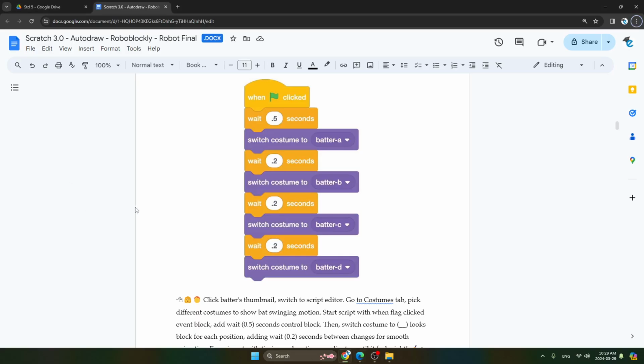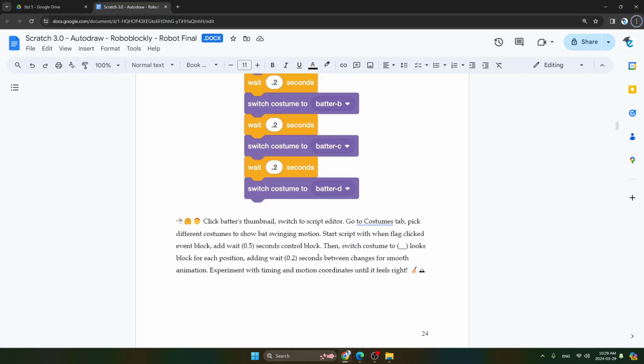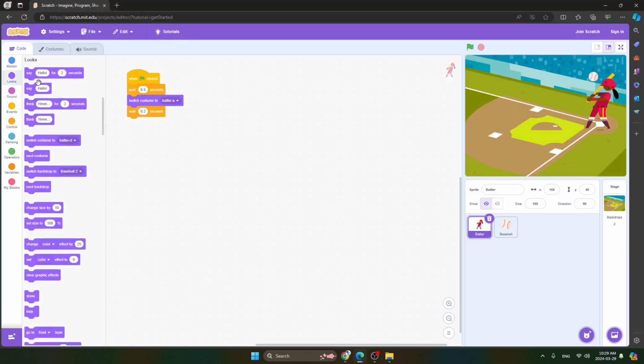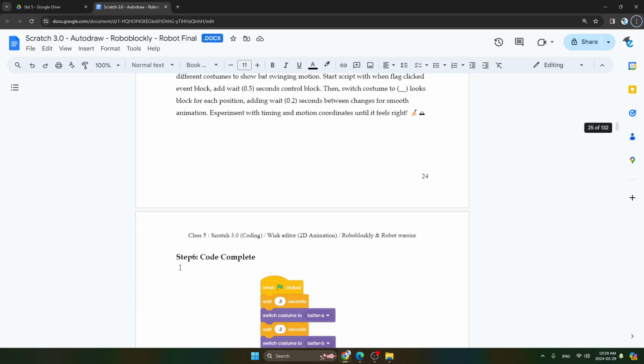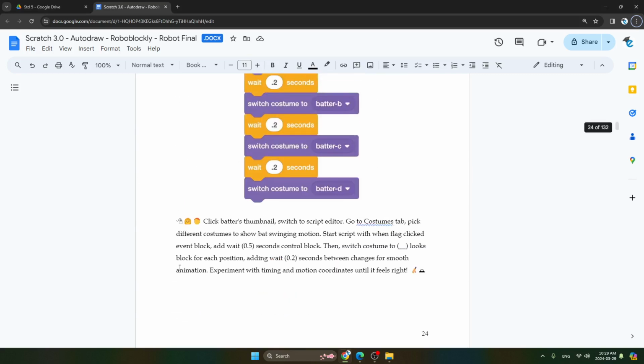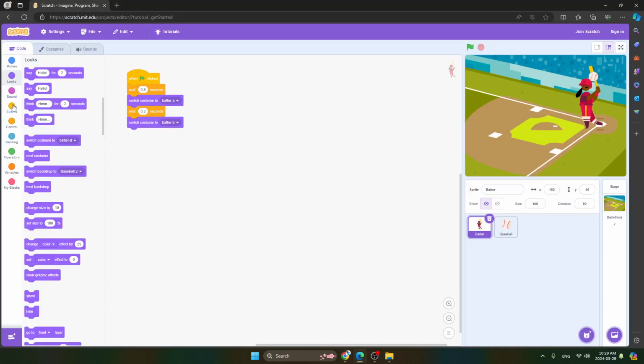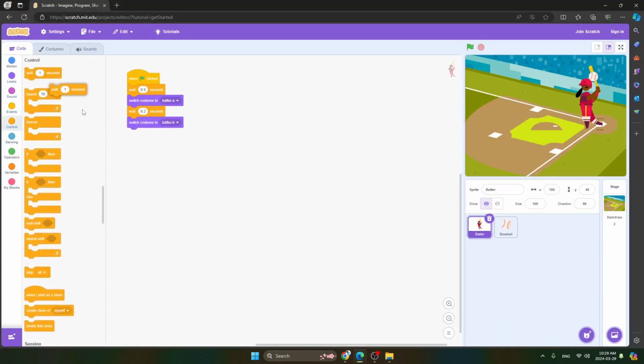Now the next thing we have to do is change the animation again over here. We will take switch costume to B. So here we will take, and now we will take over here B. The next thing we will do is again take wait for 0.2 seconds and then C. Here wait for 0.2 seconds.